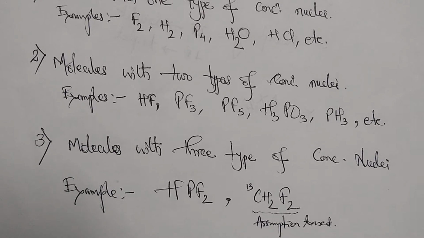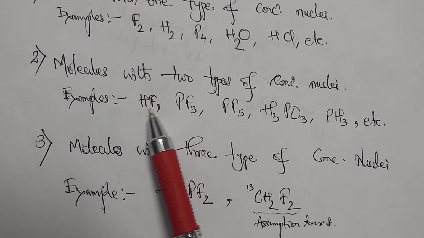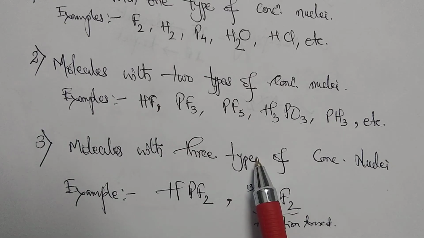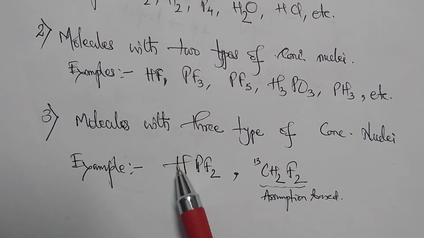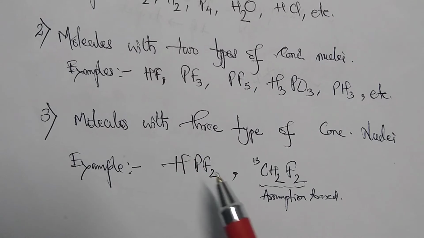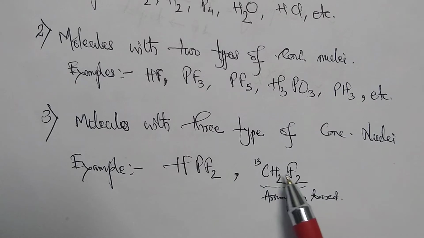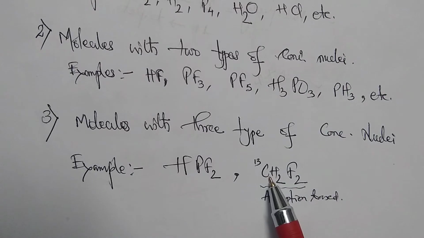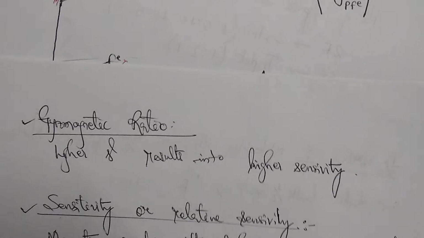In the third case we have molecules with three types of concentrate nuclei. Here we studied two types of nuclei, like HF, both of them being concentrate nuclei. Now we will consider three types of concentrate nuclei. One example we can consider is HPF2. On this basis we can assume 13CH2F2, considering this 13C as a concentrate nucleus. So this is assumption based. With those examples we can move forward to another